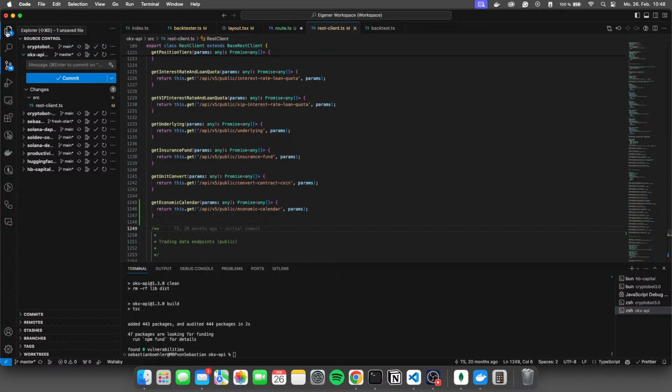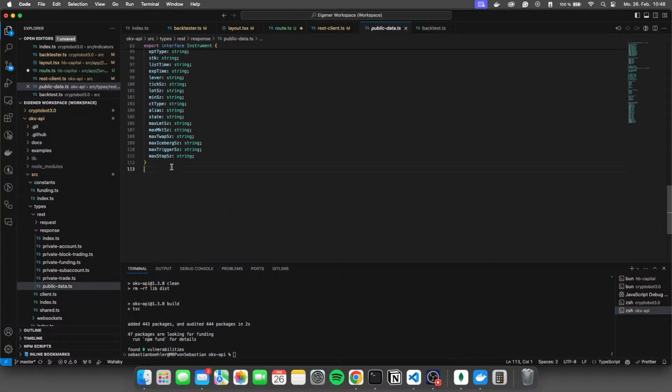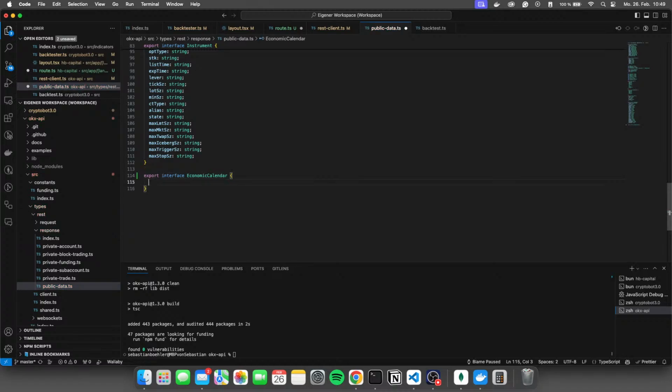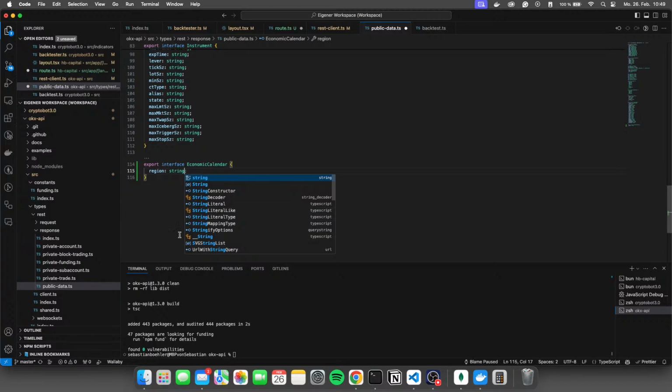And now types, REST client, public data. Export interface economic calendar, which has a region which is string. Oh no, these are the request parameters. Okay, response is calendar ID,